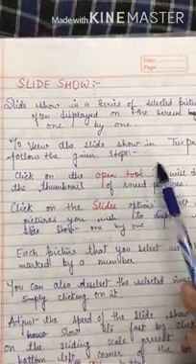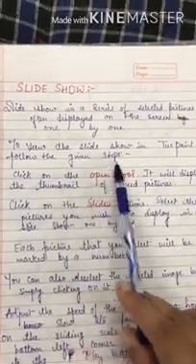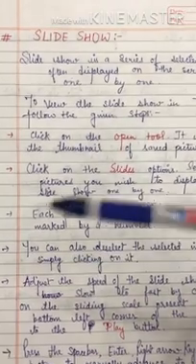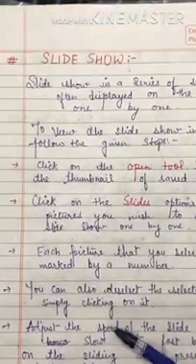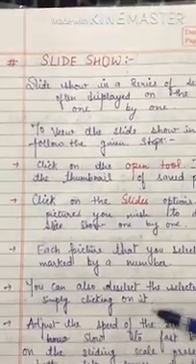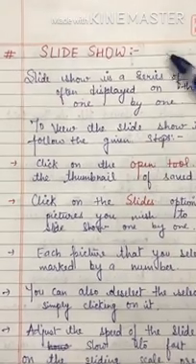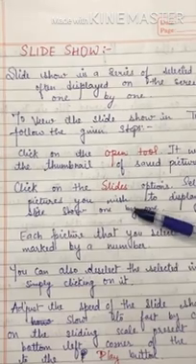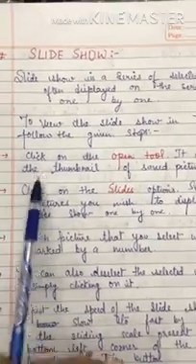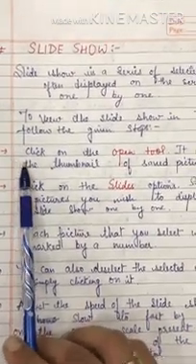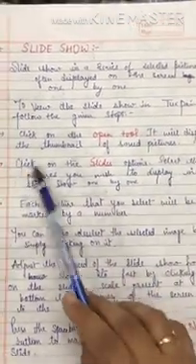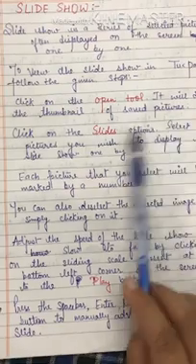To view the slideshow in Tux Paint, follow these steps. With the help of these steps, we will learn how to do the slideshow. Children, first I will explain it and then I'll show you, which will give you a better sense. Let us start from the first step: click on the Open tool. It will display the thumbnails of the saved pictures.